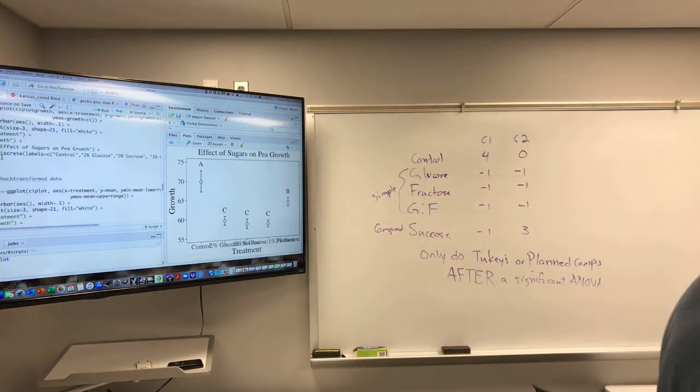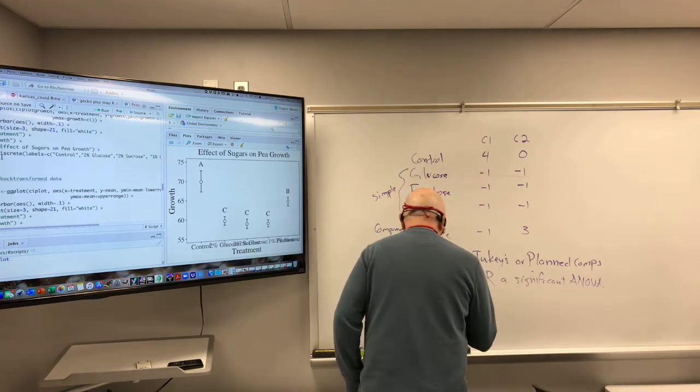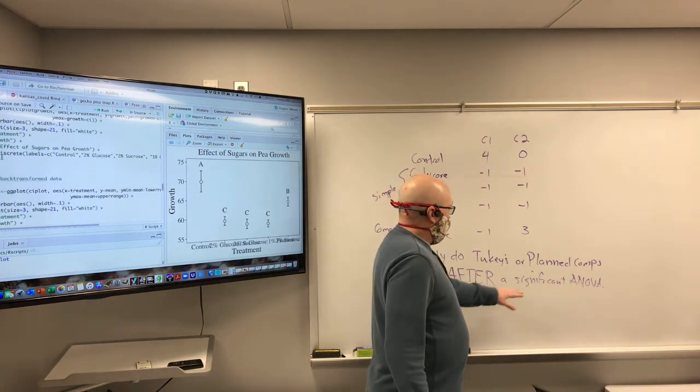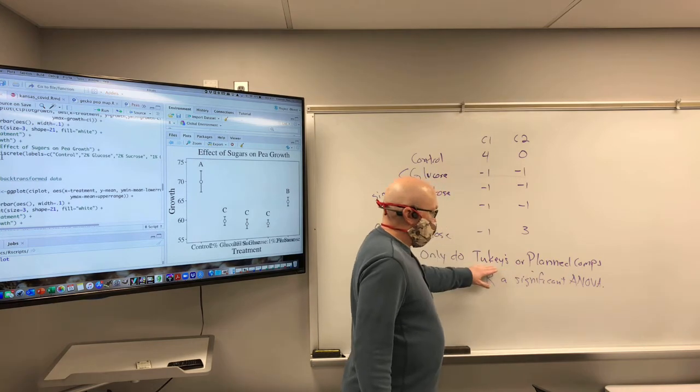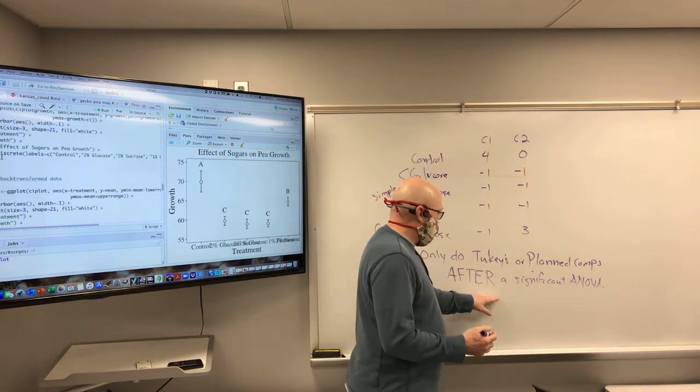If the ANOVA is not significant, what it's telling you is that there are no differences among the means in your data set. If there are no differences among the means in your data set, it doesn't make sense to go looking for where those differences are, because there aren't any. So you only do this after a significant ANOVA, and depending on whether you had planned comparisons or you had no idea what comparisons you wanted to make, if you do see a significant ANOVA,